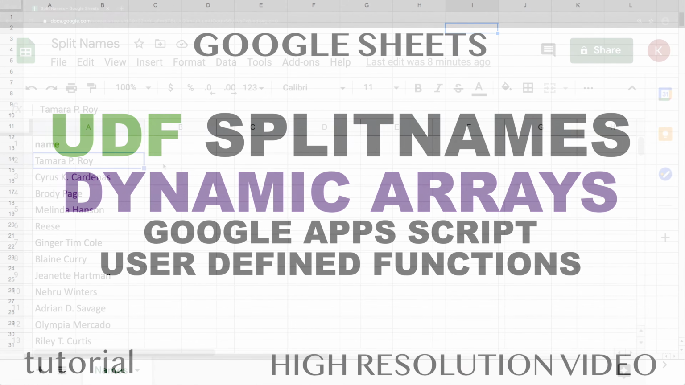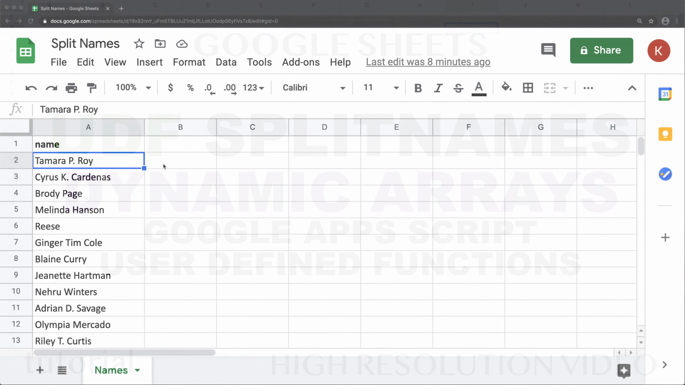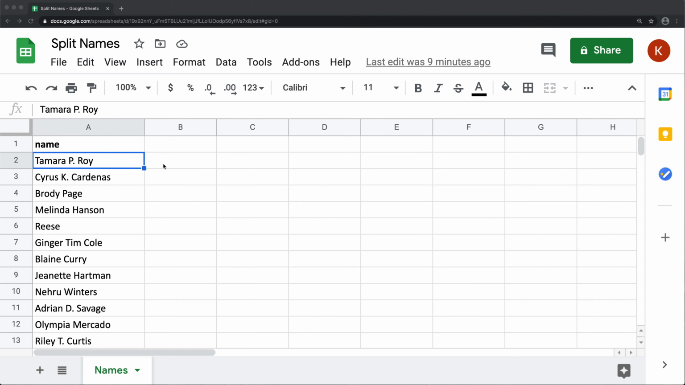Okay, so in this video, I'm going to cover creating user-defined functions in Google Sheets that return dynamic arrays. So something similar to unique or sort functions when you have a single function that returns a bunch of things. And the objective in this particular case is going to be we have this list of names, and we would